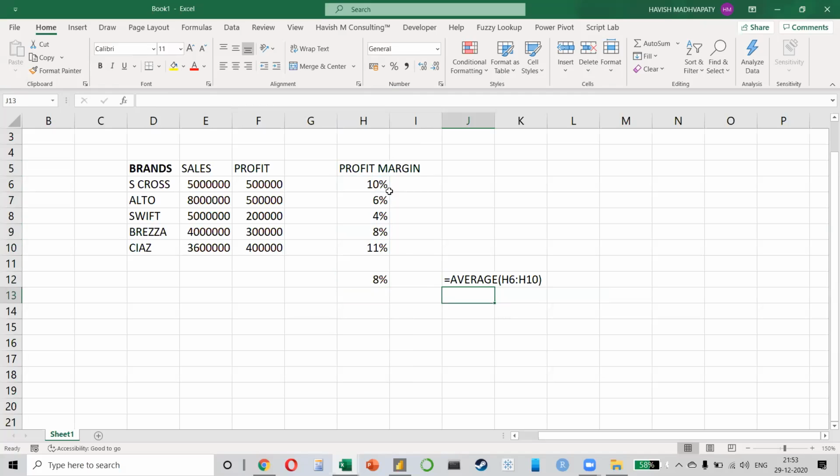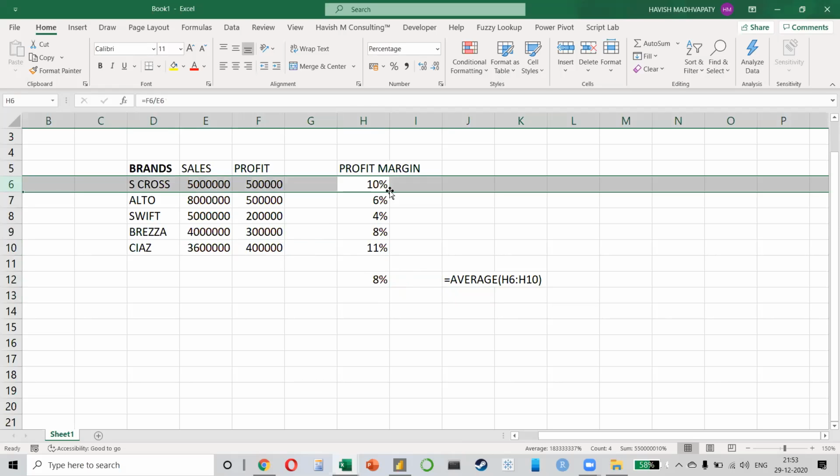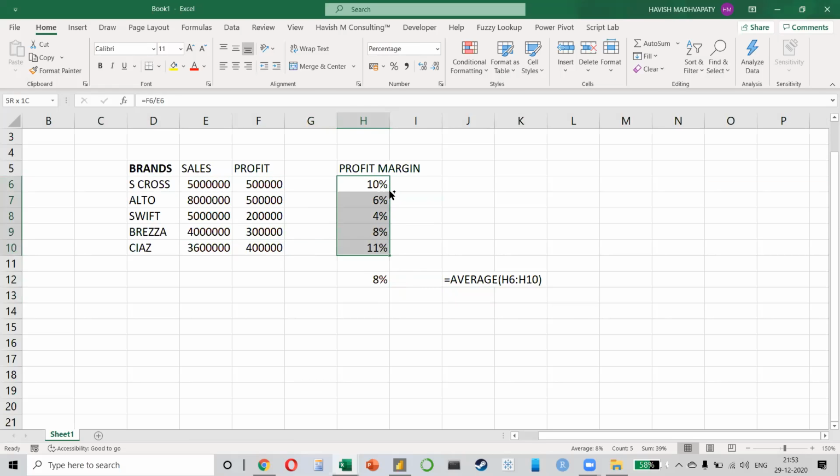No, sir. We have to take the units into consideration, as in the number of units sold. No, no. It's not a question of the units. Why do we need the units? If I have the sales volume, the units have nothing to do with that. There's some other reason. Why is this not correct? Do we need to consider the cost? No. See, this is not how you calculate the profit margin. You don't say that, okay, I sold S-Cross at a profit of 10%, Alto at a profit of 6%, and then you find the average. Is the business at an 8% profit margin?